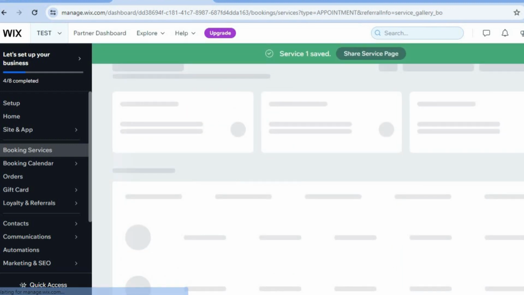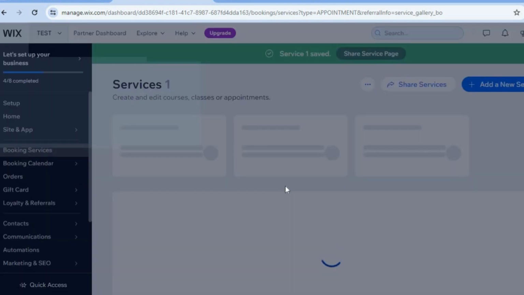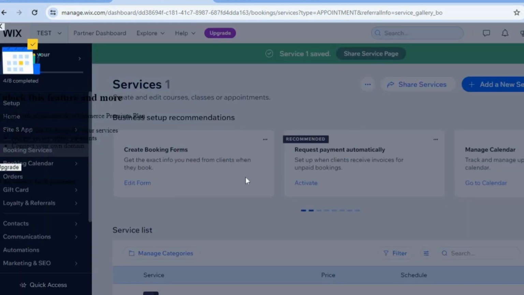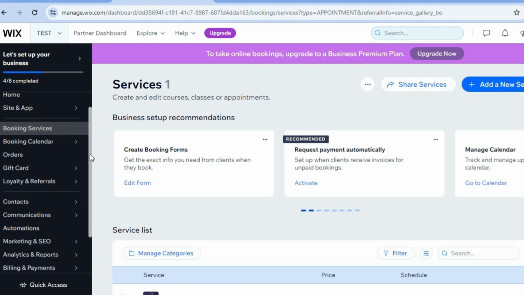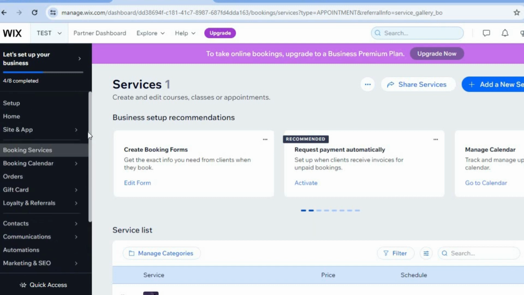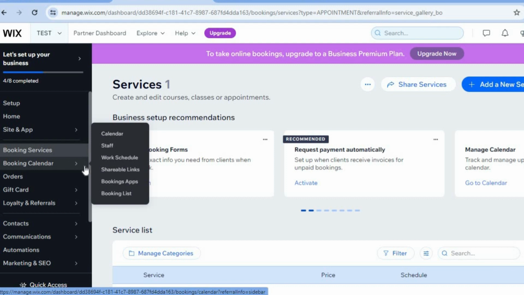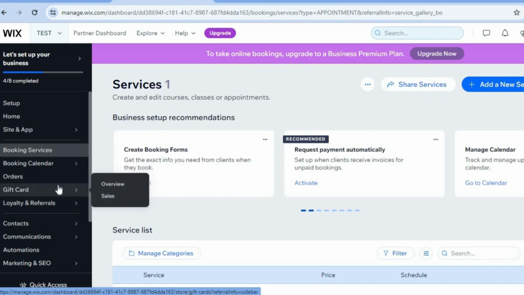After you have added the services, all you'll need to do now is set up the payment method. But first, let us click on the X in the top left hand corner to close that pop-up. Now to set up the different payment methods, all you'll need to do is go over to the left hand menu option. And I also want you to pay attention to booking calendar, as by selecting booking calendar, this is where you'll be able to see when your services are booked on what particular day. You can also set up a gift card if you would like to offer gift cards to your